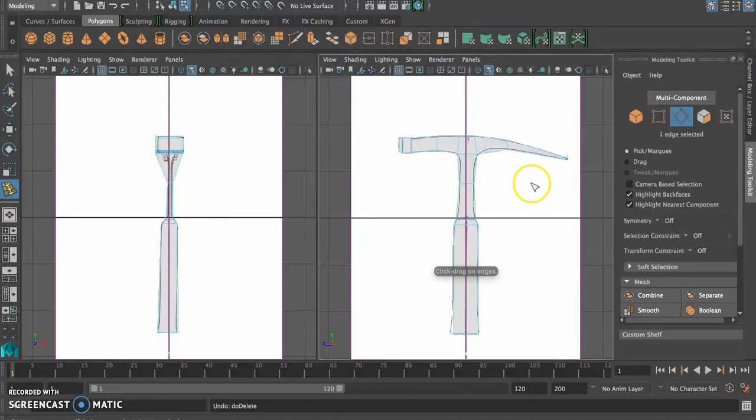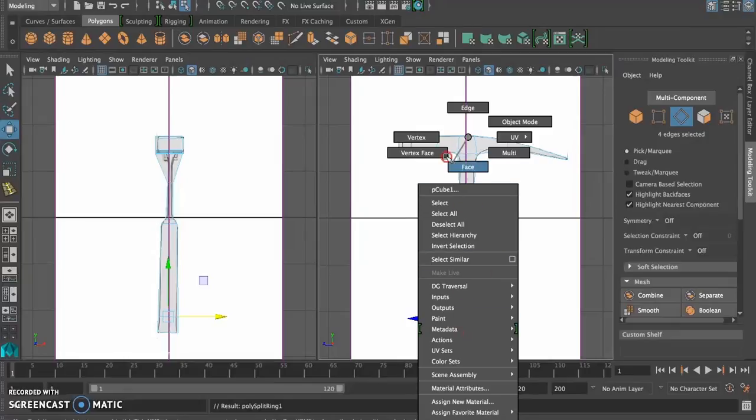All right, so maybe I think I need to add a little bit more detail here so that I can get this taper out. Your edge loop tool is going to go perpendicular to the edge that you click on. So I want to click on a side edge, and you can click and drag if you want, or just click and let go if it's where you want it. And voila, you've got a new edge loop there. I like to hit move, rotate, or scale to get out of the edge loop tool,